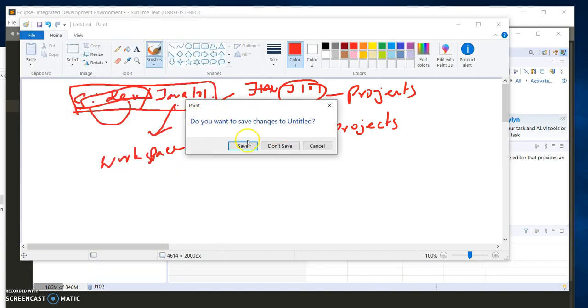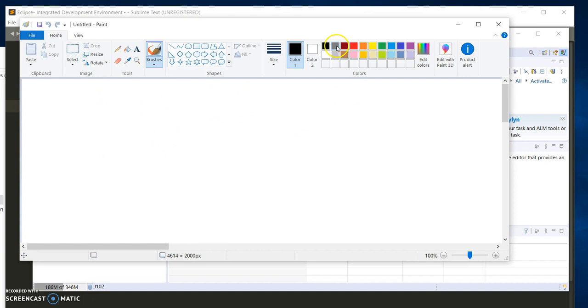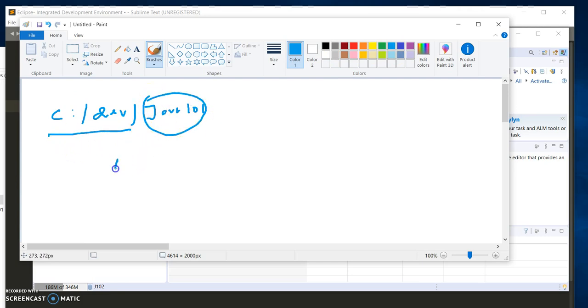So we have C, dev, Java 101. This is my folder. This is also a folder. This is my workspace folder, and I have created